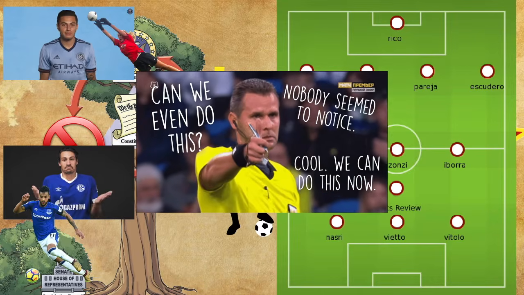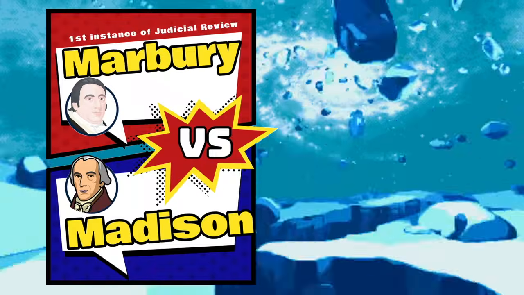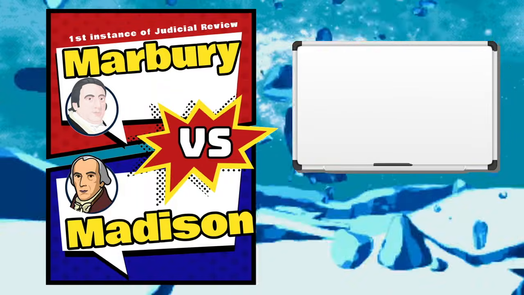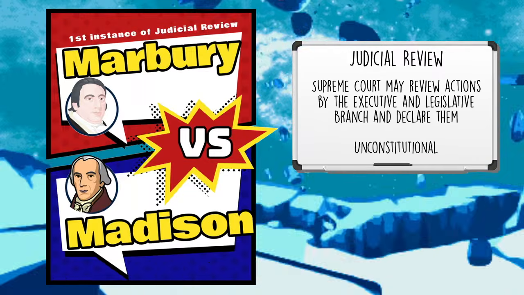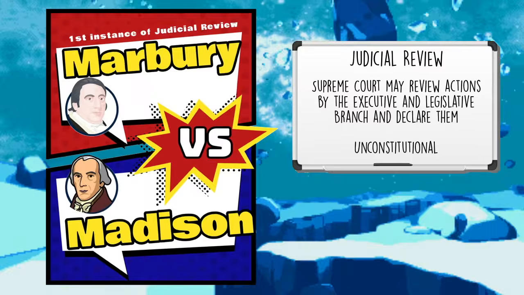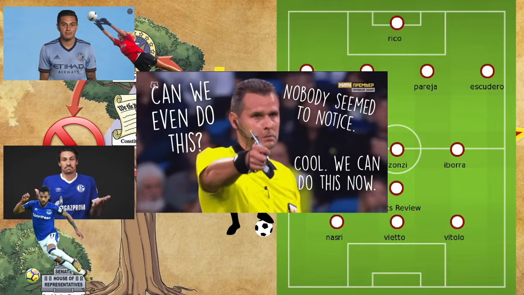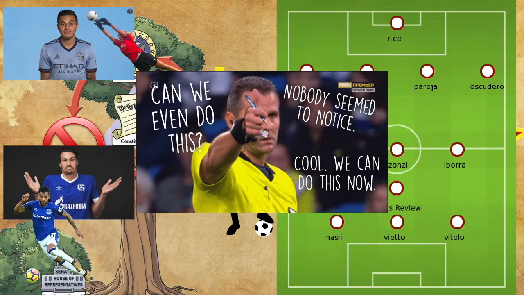And that's what happens with Marbury versus Madison. The Supreme Court says, hey, we're going to decide that we now have the power to tell the branches that they can't do something. And then they kind of cross their fingers and hope that nobody calls them out on it. And nobody did. The executive branch and the legislative branch just shrugged their shoulders and said, okay, I guess you can do this now. And that is the story of how judicial review has come to be.